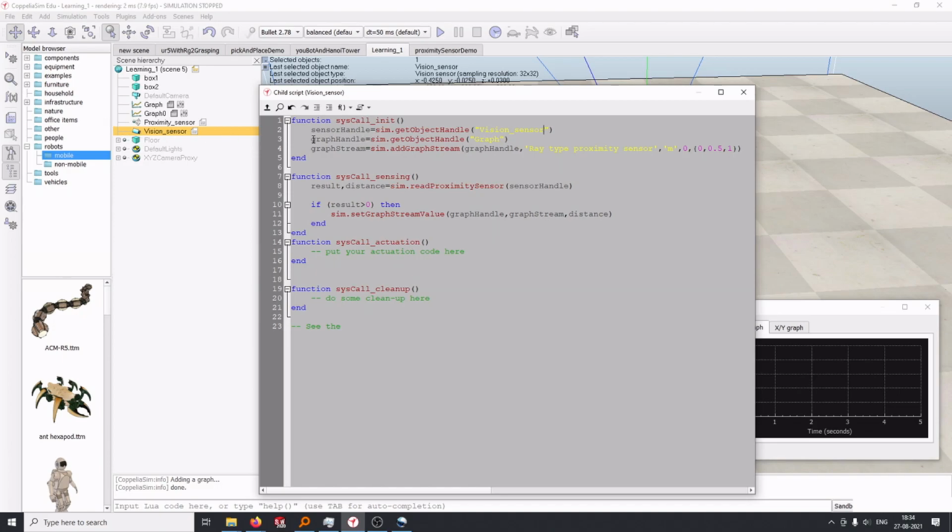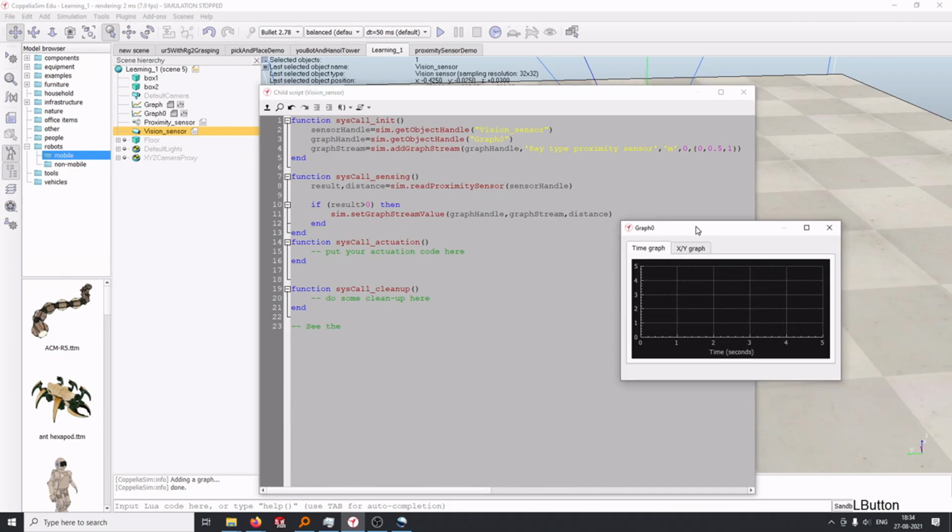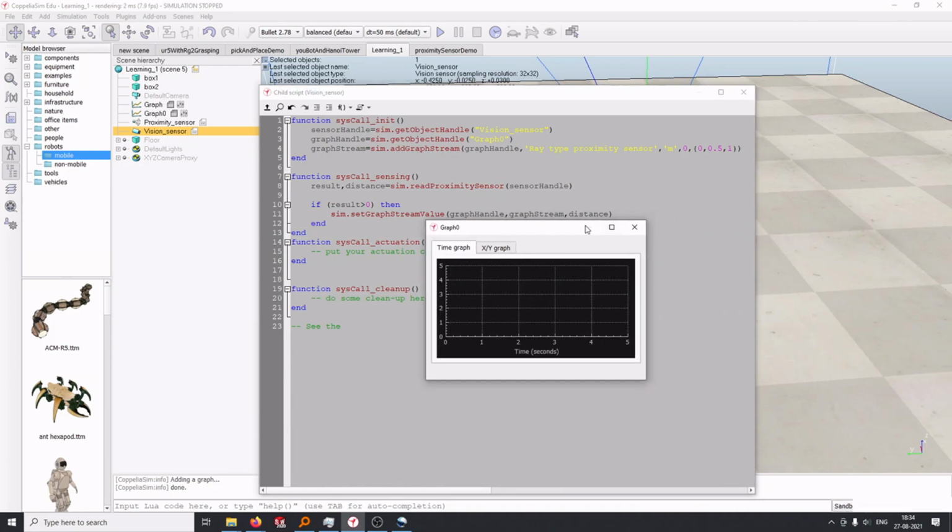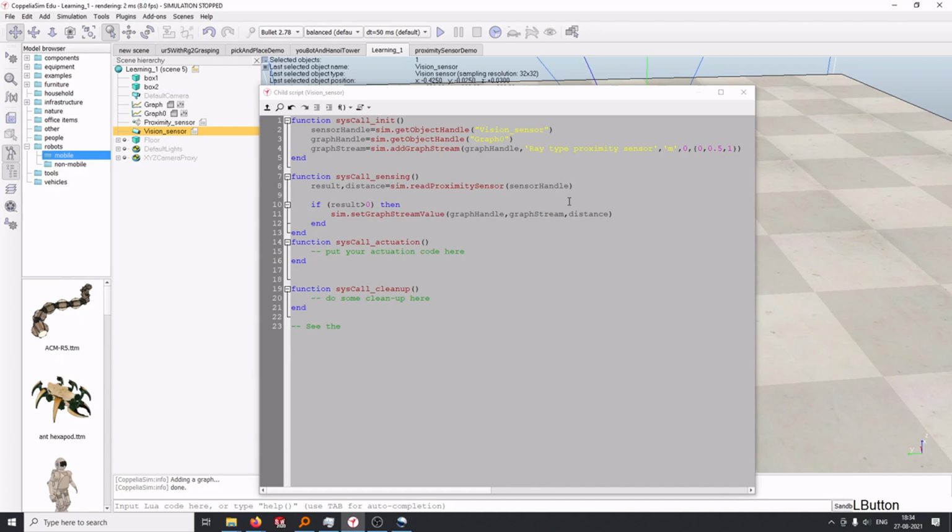Now second, we have to tell what is the graph handler. This time we want to be on a separate graph. So it's 0, right? This is the graph. And for now, let's say vision sensor RGB. So we'll try to first just see the R.